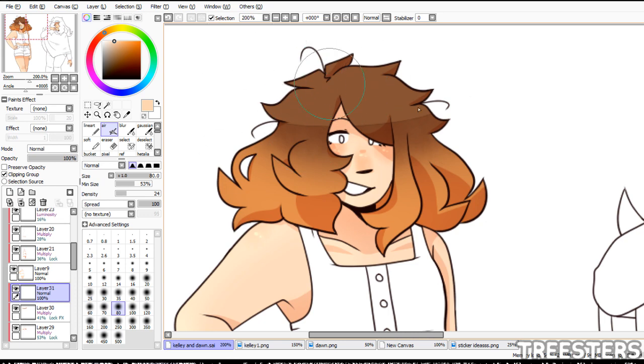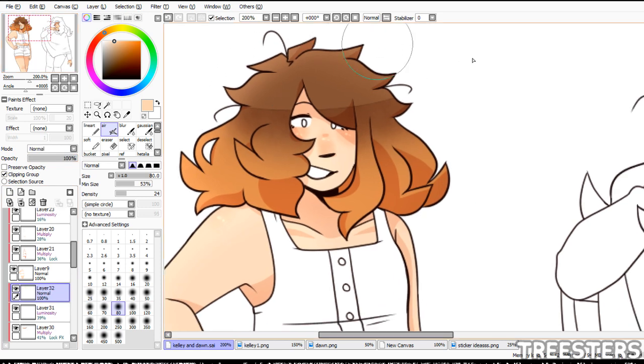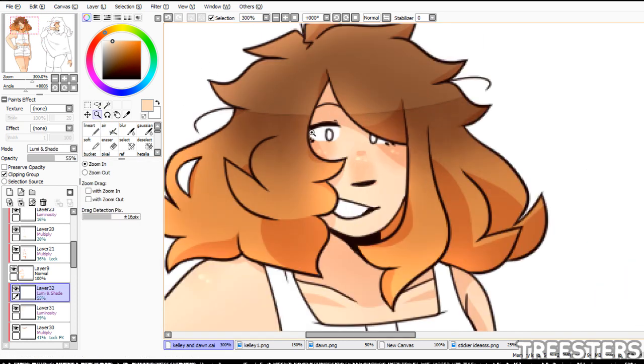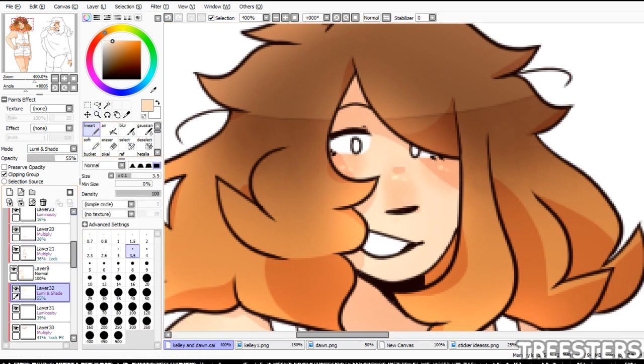So she's not anywhere right now, so I'm just gonna do a light pink. And then, so here's a luminosity, make it like that. And you lower it down a bit, because I add another one. You can tell I use luminosity too much. And so I go over it again slightly, and then I grab the skin color right here, and do it around the hair. So, and then I'll add, I don't know if it'll work on this, because luminosity and shade